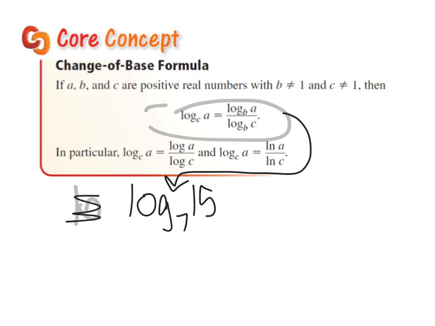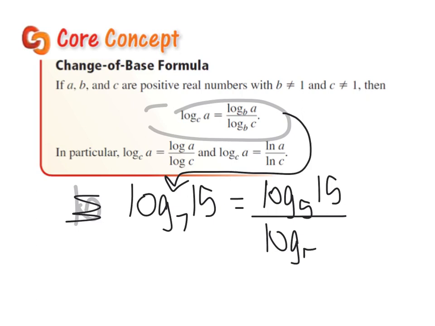So we are starting with log base 7 of 15 and we want to change that to log base 5. All we would have to do is rewrite it as log base 5 of 15 over log base 5 of 7. If you notice, our base stays in the bottom